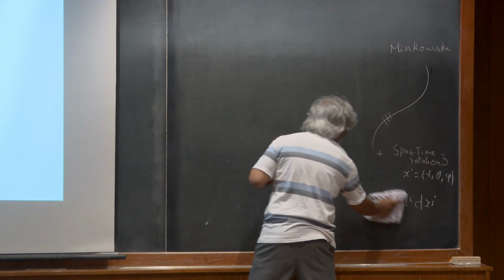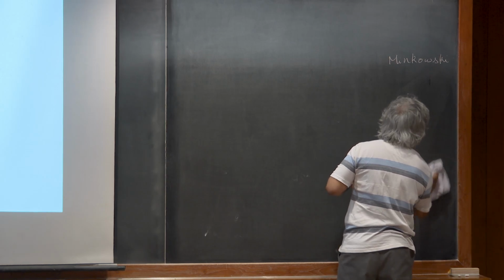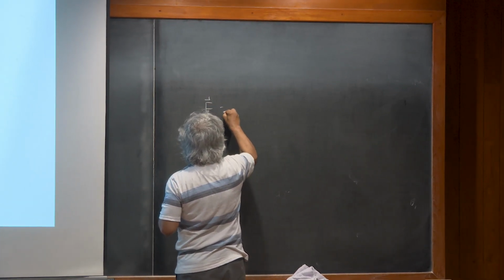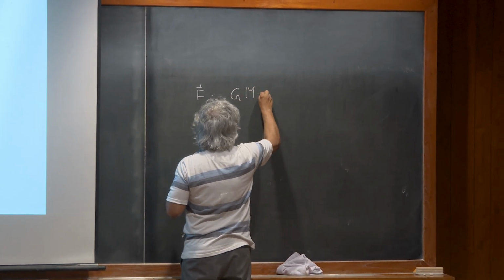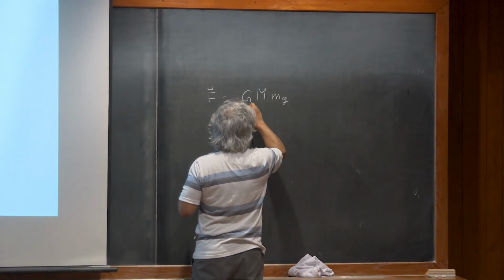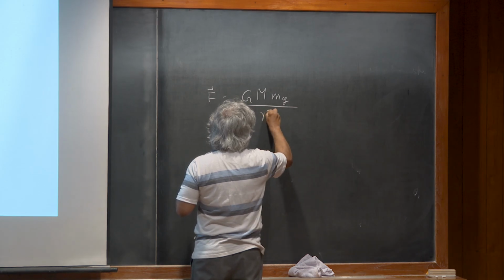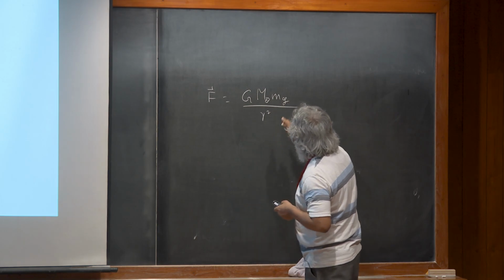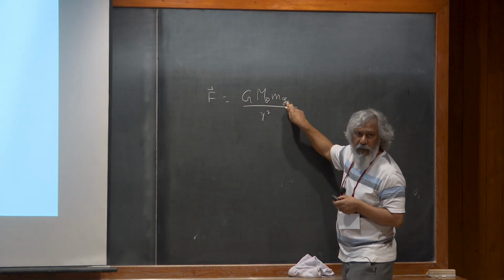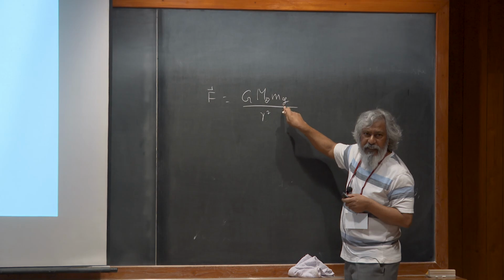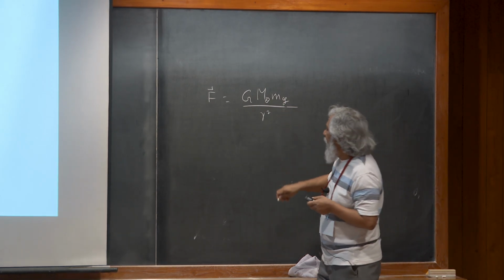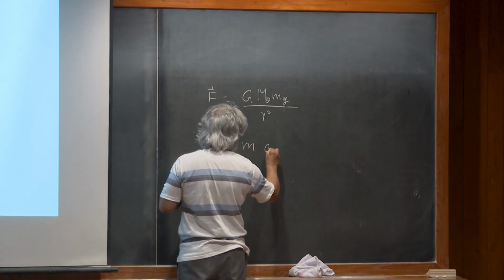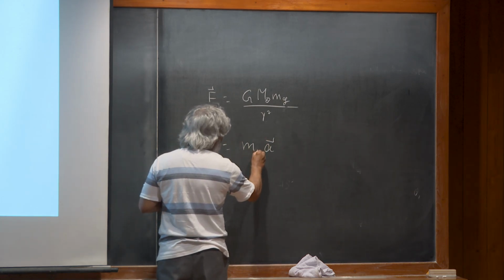It's moving in the gravitational field of the sun, and it's subject to a force F, which is equal to G m gravitational upon r squared, where this is the mass of the sun and this is the distance from the sun to Mercury. And this m gravitational here says that that's the gravitational mass, the extent to which it's affected by a gravitational field. Now, if I write F equal to ma, what comes here is the inertial mass.